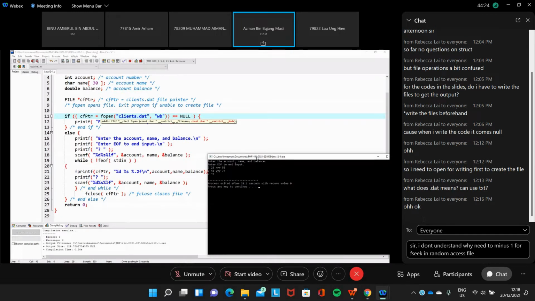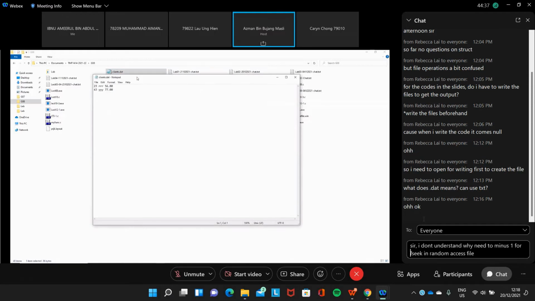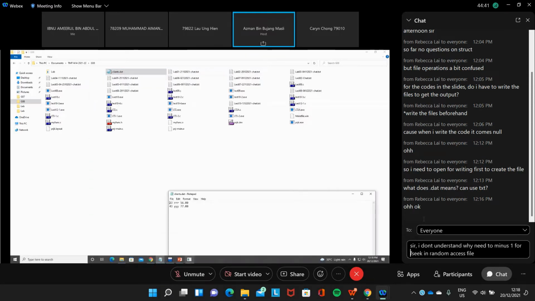Then we open the file that we created just now. This is client.dat again. See, although we have deleted it, the program created it again, and now we open this file and we can see it.